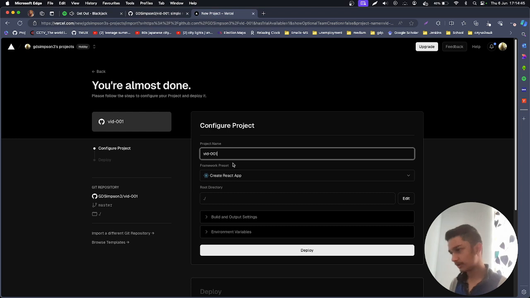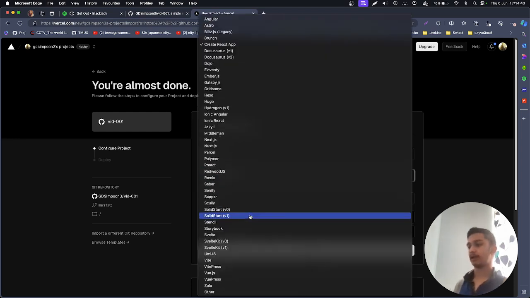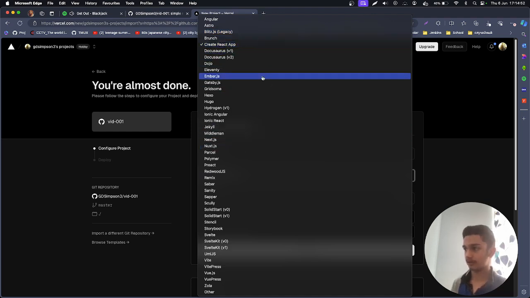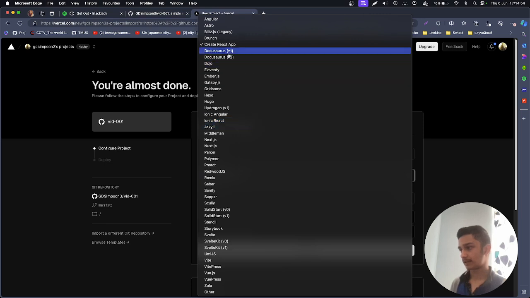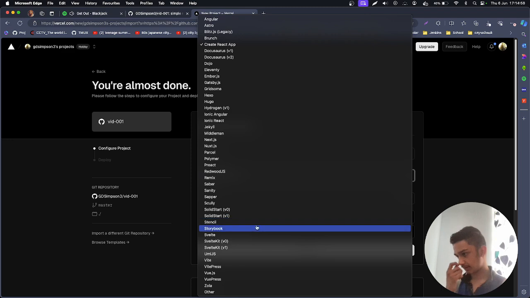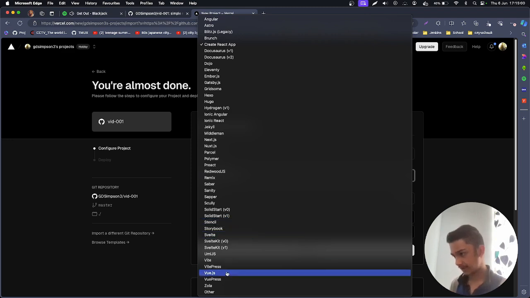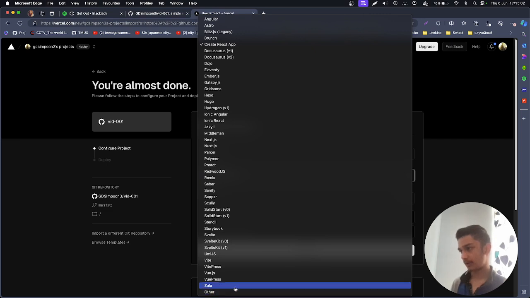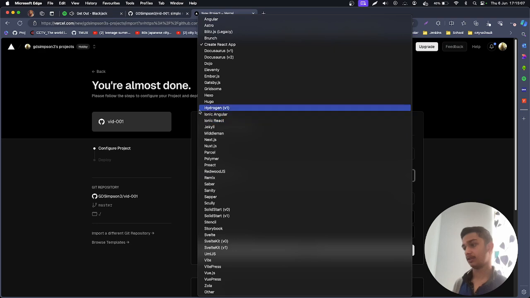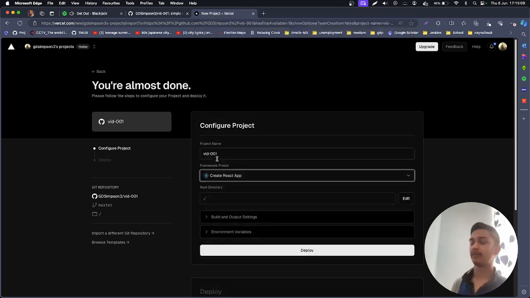So let's create our project name. We'll call it vid1. The framework: as you know, there are many frameworks, like Angular, Astro, Blitz, Docusaurus, React, there's our main React, there's Next.js, Svelte, there's Vite, Vue, and yeah, there's many. Now if you have a custom one, then it'll be a bit hard. So if we look at our thing,